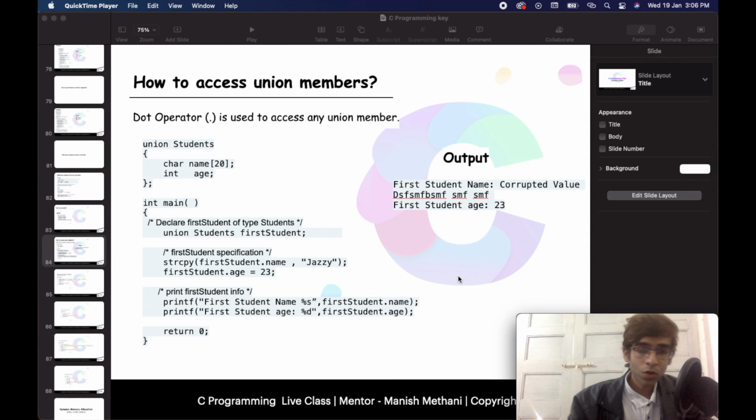Okay. I hope you got the concept of structure, union, difference between both of these, and difference between structure, union